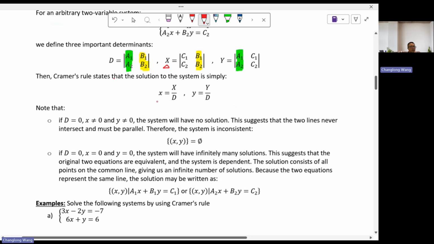Cramer's rule does tell us a unique solution, or sometimes you might not have any solution, or infinitely many. Sometimes the determinant D happens to be 0. I hope you realize at this point why we call it determinant D. D stands for the denominator. That's why it always goes in the denominator. So if the determinant is actually 0, that should alert you that something is wrong. You have a 0 denominator, so you can have either undefined,